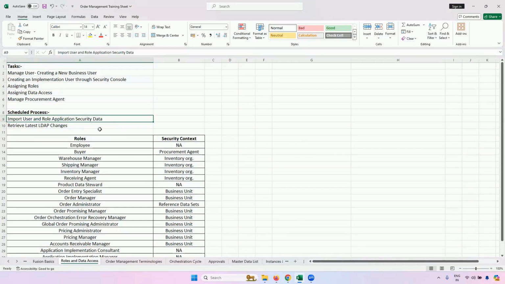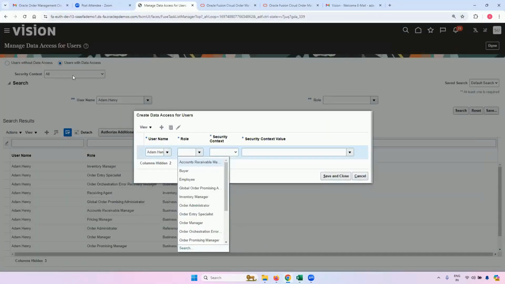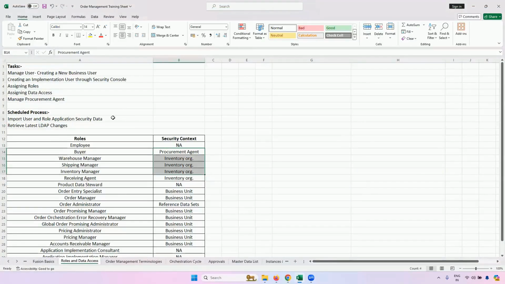For us, we didn't run it, right? We just assigned him all the rows in column number 1, and straight away we went to data access, and we assigned him all the data access from this page. So we didn't have the necessity. But it depends upon the lag of that Fusion application. It takes time to sync or not.